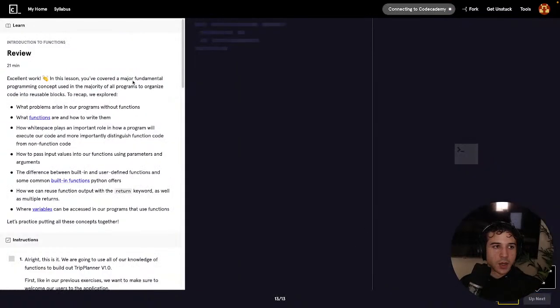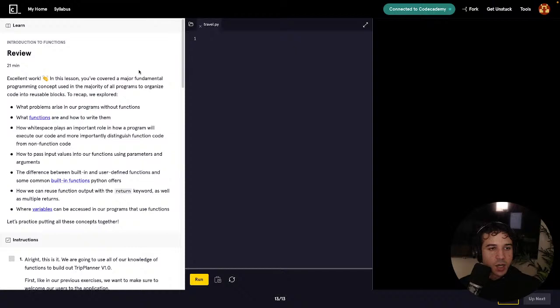Nice. Review. Excellent work. In this lesson, you've covered a major fundamental programming concept used in the majority of all programs to organize code into reusable blocks. To recap, we explored what problems arise in our programs without functions, what functions are and how to write them, how whitespace plays an important role in how a program will execute our code,